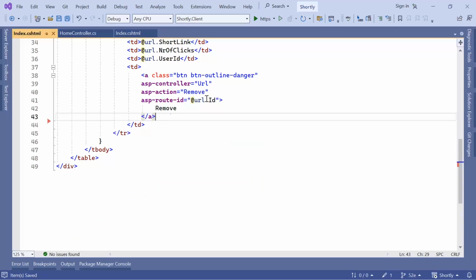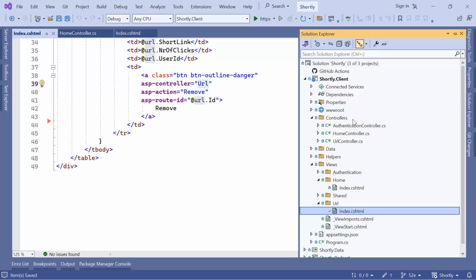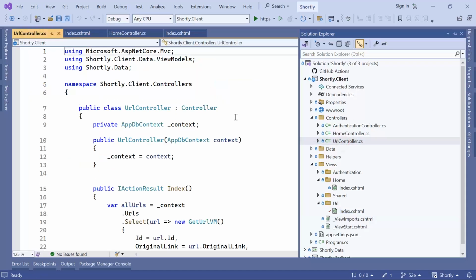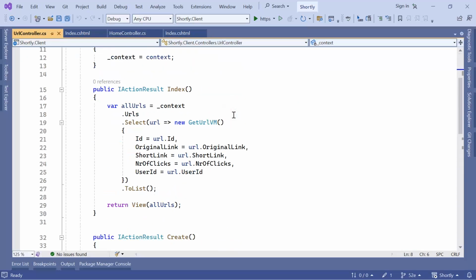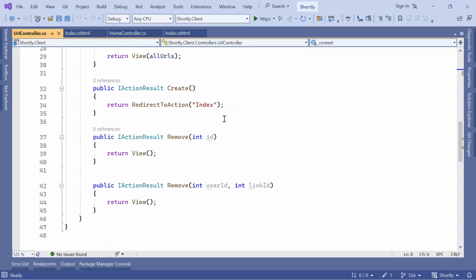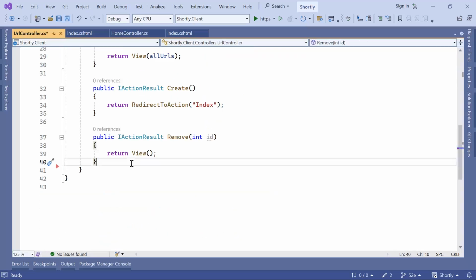Let us now go to the URL controller. Let's go here, then go to URL controller. Let us scroll down. I'm going to just remove this action as well. And now down here, we are going to use the ID that is being passed from the view to this action to remove this